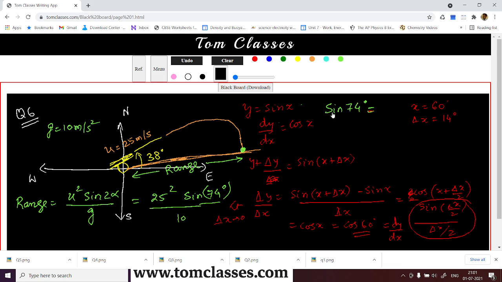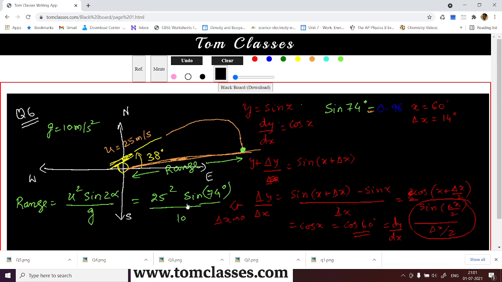The other method is based on the series. That is Maclaurin series. On Maclaurin series we can derive it. But those are aspects of mathematics we are going to use when we use calculus. Sine 75 degree is going to be what? Let's take that value. Sine 75 is 0.96. So this value is 0.96.